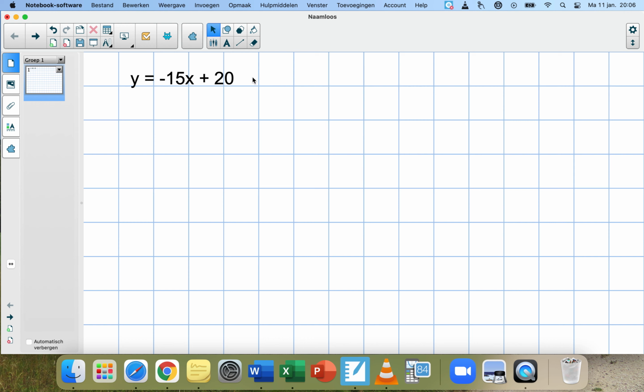So, we need the squares. The first step when drawing a graph is always going to be make a table. So I'm going to draw the table,